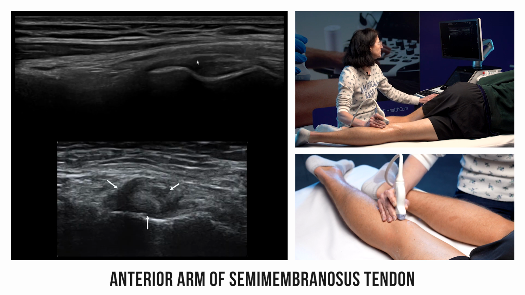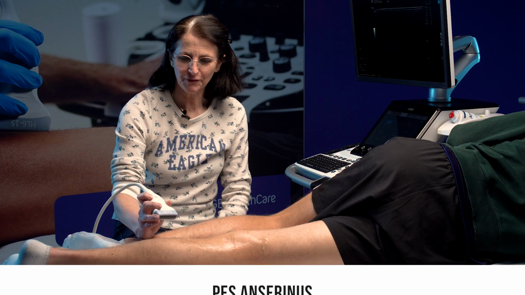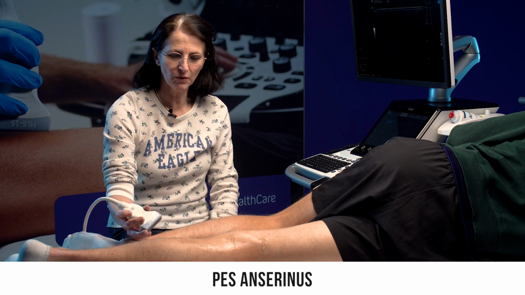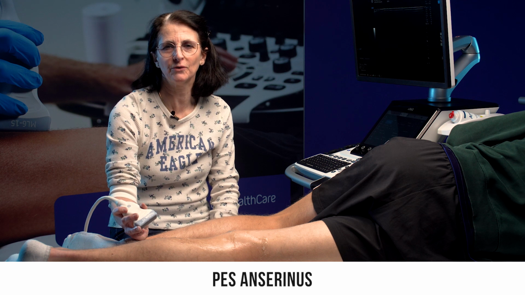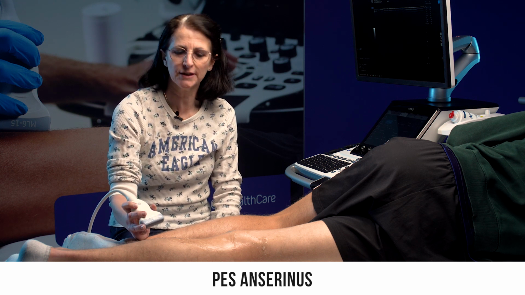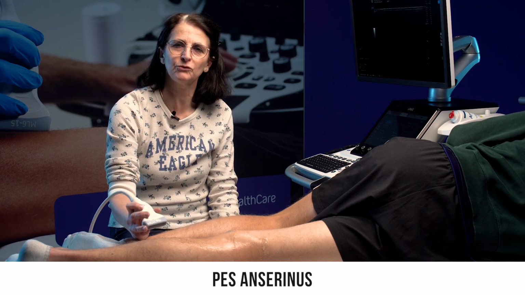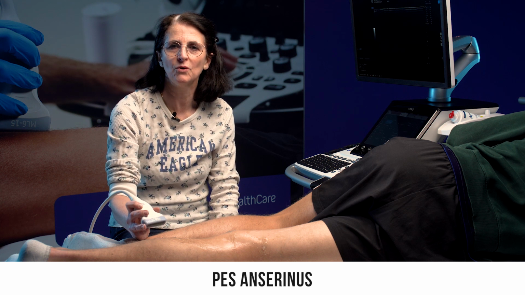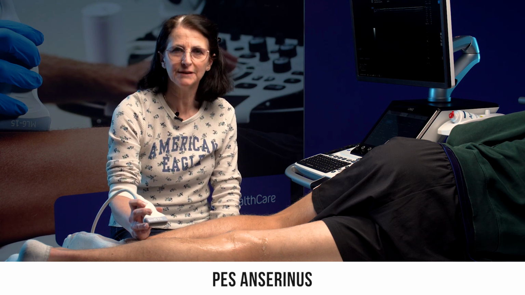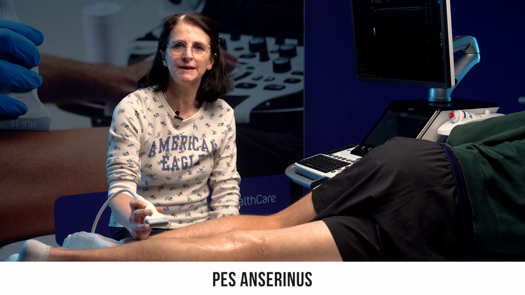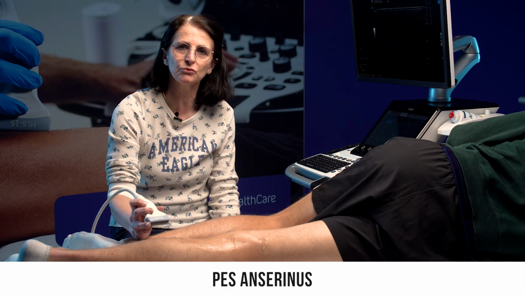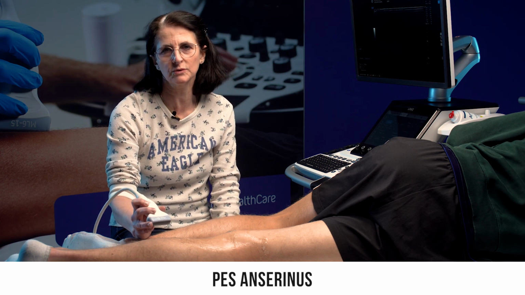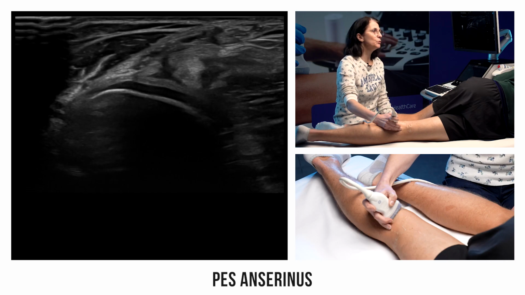This can be enlarged by bursitis. We will end the examination of the medial aspect of the knee with the famous pes anserinus, whose name reflects its similarity to the shape of the goose's foot. This is the end point of three muscles, the sartorius, gracilis and semitendinosus. It's true that it can be hard to find with ultrasound. Although it's very superficial, it's very thin, and its orientation is somewhat unique because of its angle at the distal